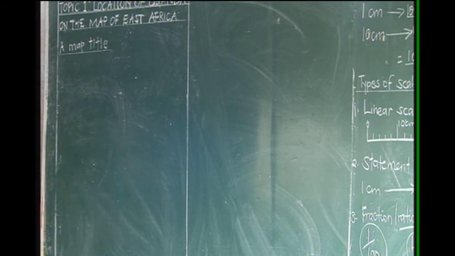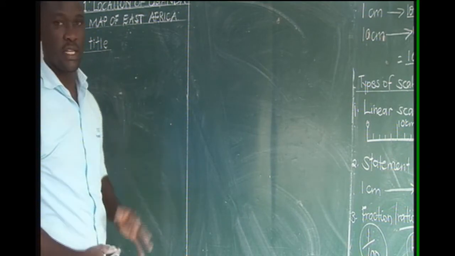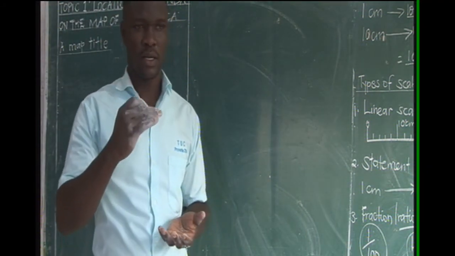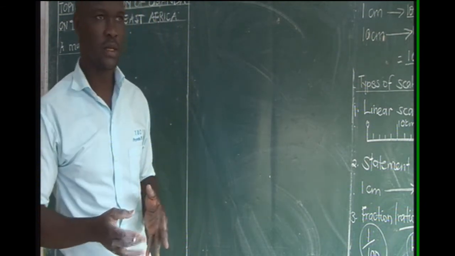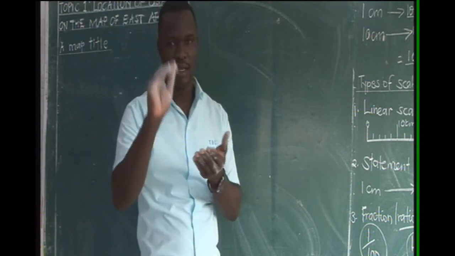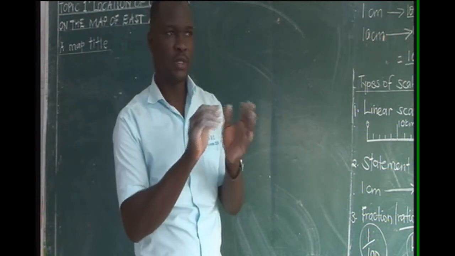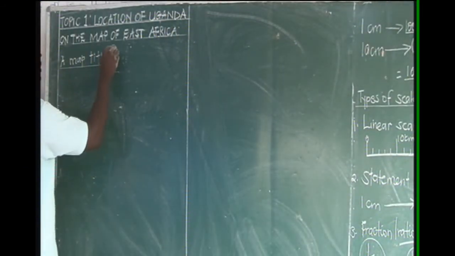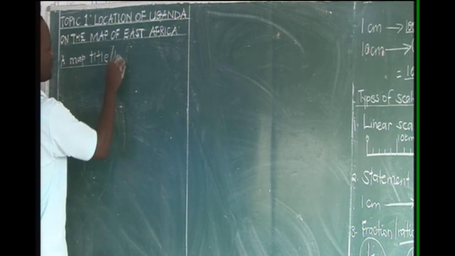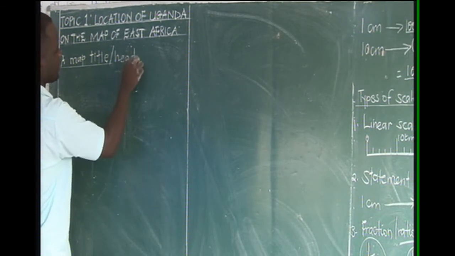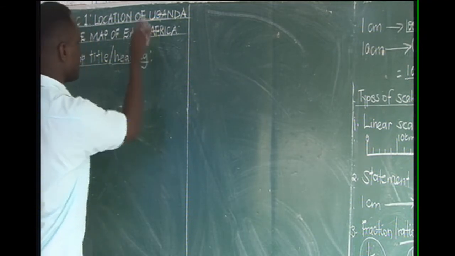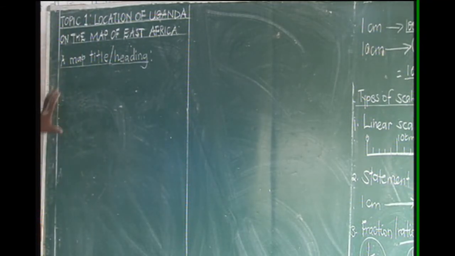Now, here we are looking at a map title, just like we understand a title. Like when you are going to begin a lesson, you can have your date. After writing the date, you can put the heading or title. So I have also given you another word we can use. We can say a heading, map heading, or a map title, which means this